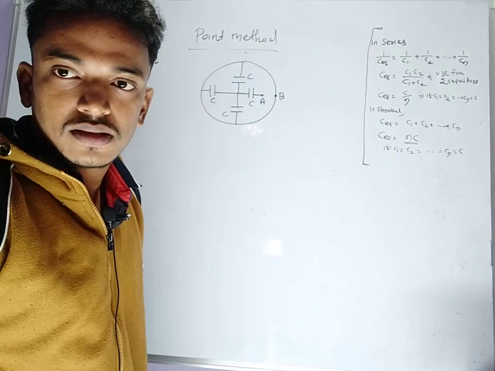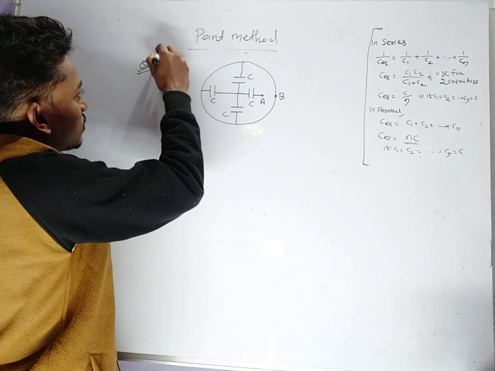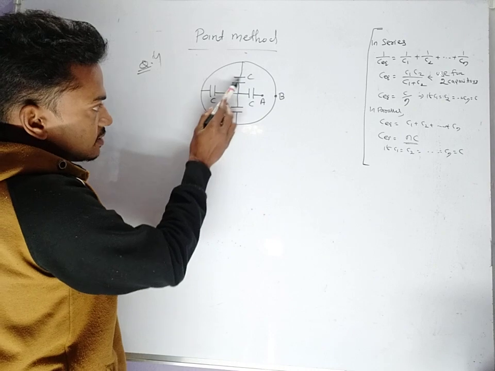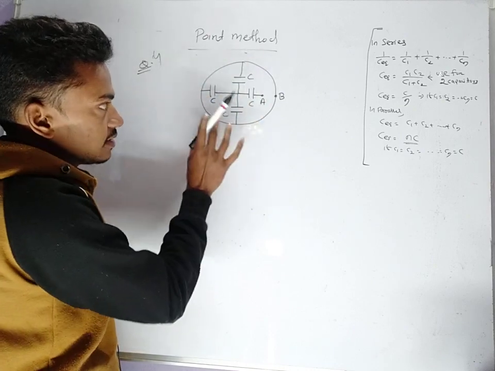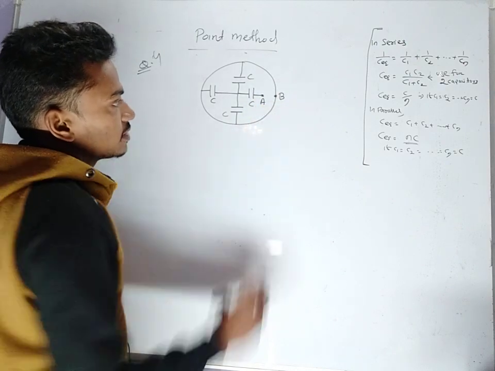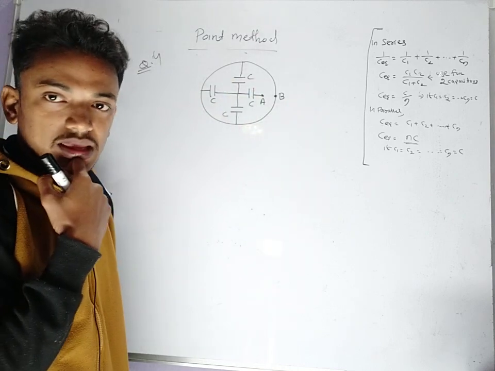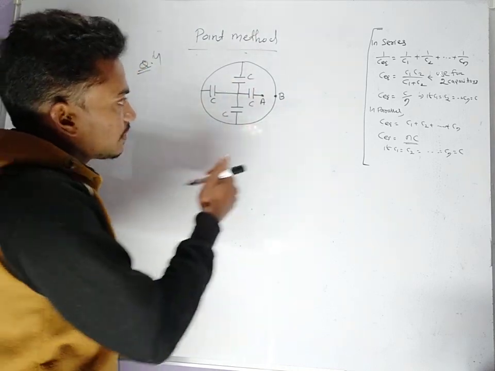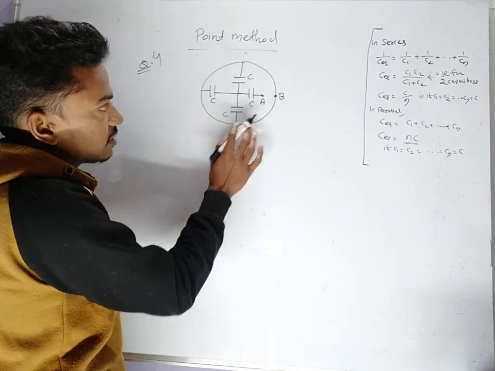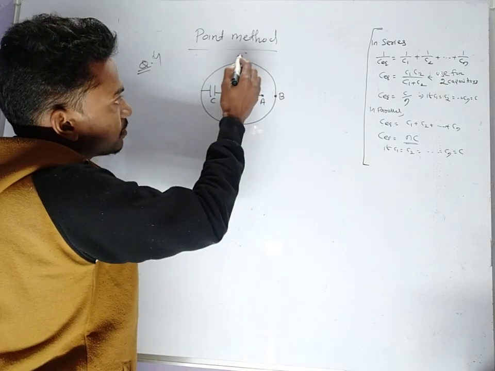Okay. Now I modified the previous question. It's question number 4. So all capacitors C are connected like this. This is point A and this is point B. The question is to find the equivalent capacitance between A and B. As there is no element in the circumference, all these points must be at the same potential. So B, this is also B.